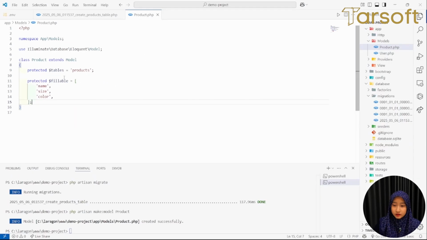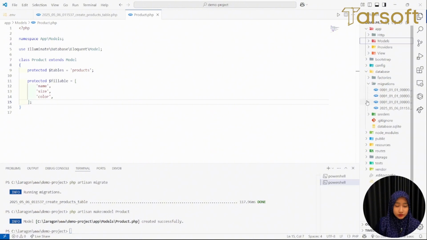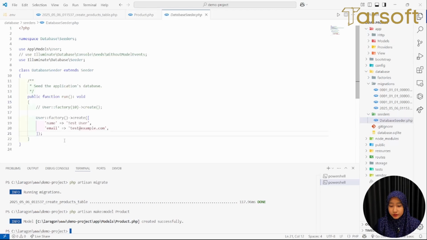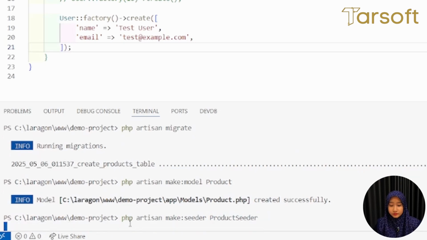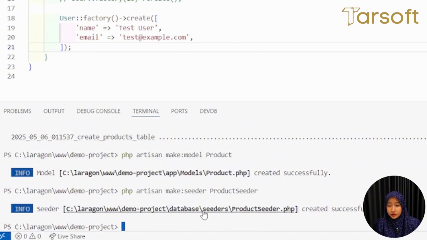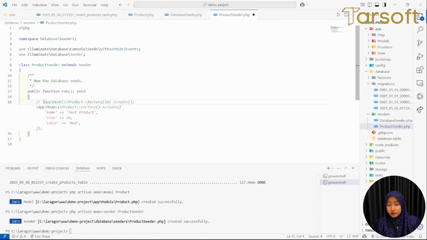Now that it has a link with the database, we want to insert data into the table, which will then use seeders. Let's first make our product seeder. The command is php artisan make:seeder ProductSeeder. In here is where you are going to write what kind of data that you want to be inserted in